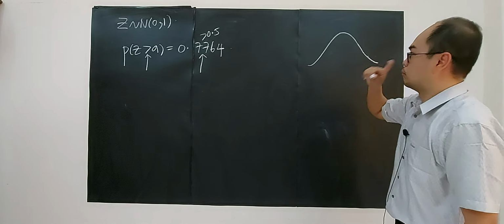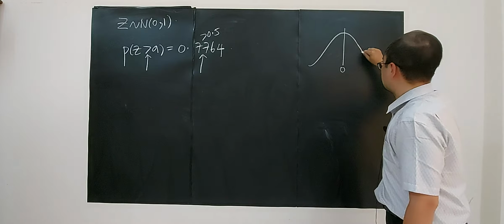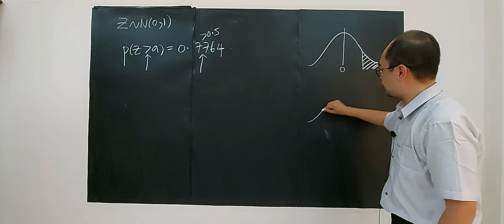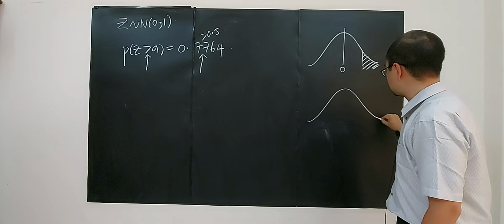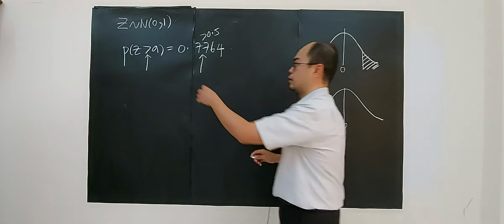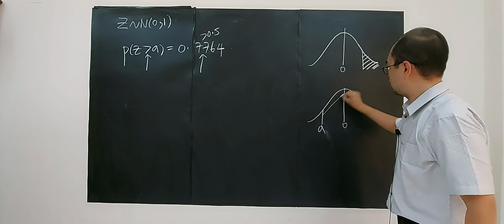Okay, so more than A. More than A got two types. Here is 0, right? More than A. More than, you can be a small part here. You can be a big part here. You can be this one, right? You can be more than. What is more than? Mesti faham maksud more than. More than means on the right.